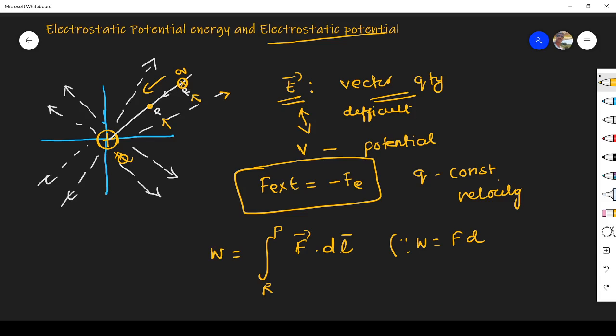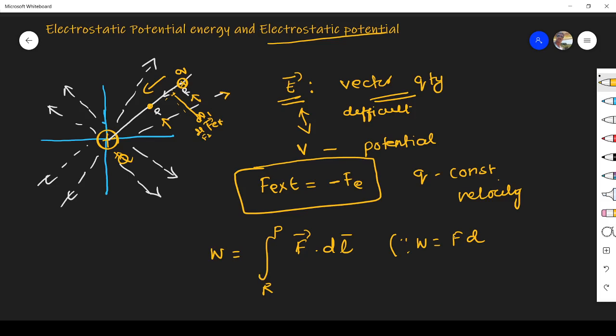What we have to do is see how much work is needed to move a charge from one point to the next point, and from that to the next point, and so on. For example, let us assume the distance from here to here is dl1, and the external force applied here is F1. Like that, from here to here, dl2 and F2. Because we calculate over small distances and finally add all the values, that addition is nothing but continuous integration.